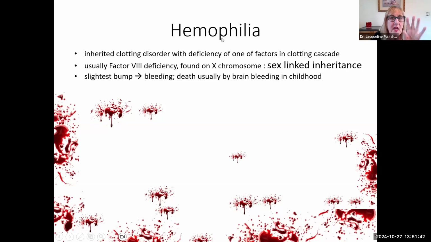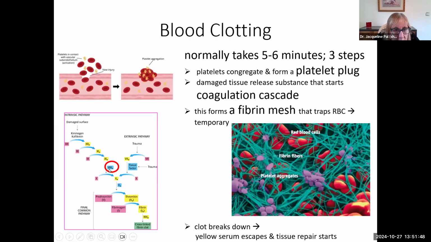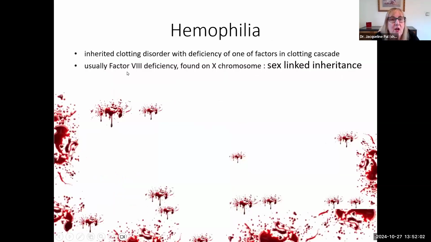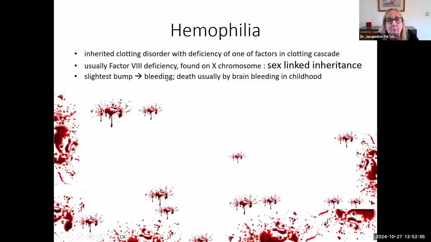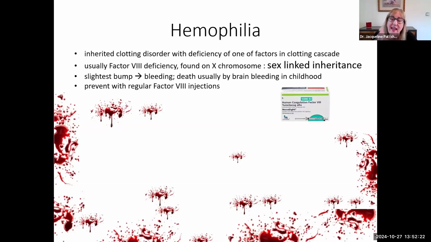Okay, so with hemophilia, go back to this. If you don't have factor 8, that means you can't go down here and you can't form your fibrin mesh. So you can't form a clot. All right. So if you can't clot your blood, you're going to bleed. So with a factor 8 deficiency, the slightest bump leads to bleeding. And if you have a factor 8 deficiency, you usually die in bleeding, usually due to a brain bleed from the slightest bump on the head that would go unnoticed in the rest of us. And nowadays, we can prevent that with regular factor VIII injections to keep factor VIII levels normal in men, well,